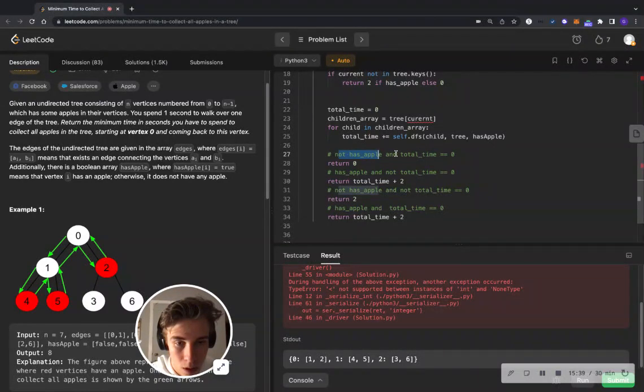I don't have an apple, and my children just don't have an apple. 0, 0, 0, 1, because I'm in the path. 1, 0. I have an apple, but my 0, there we go. 0, 0, 0, 1, 1, 0, 1, 1. Yep. The thing here is that